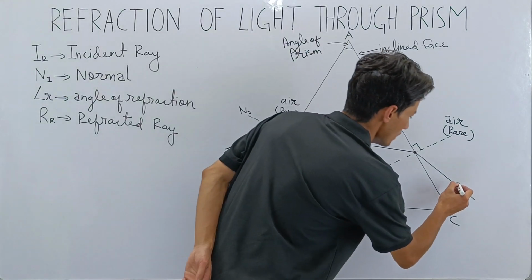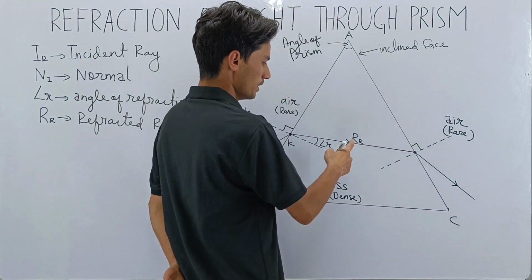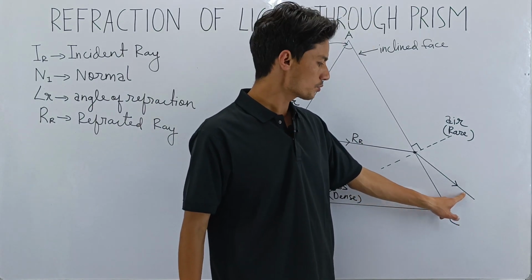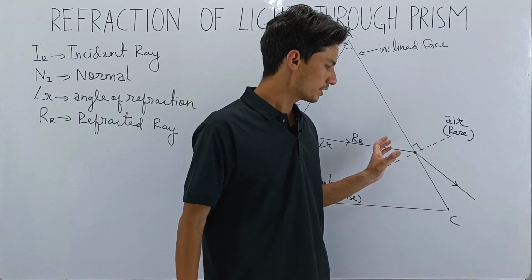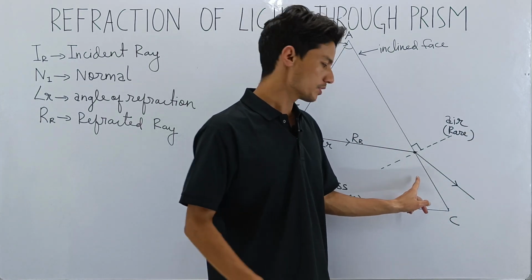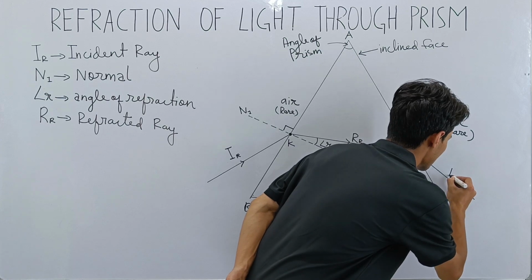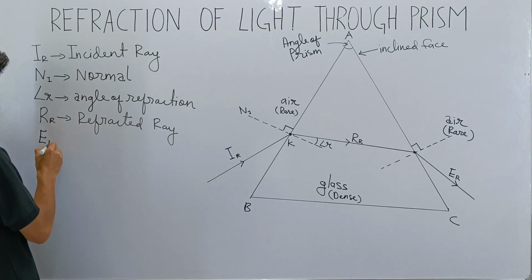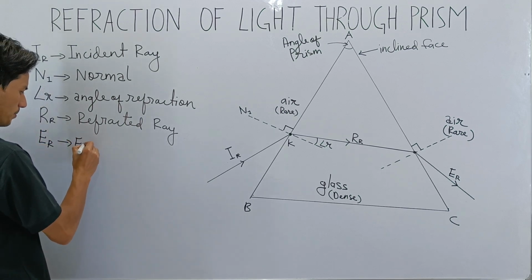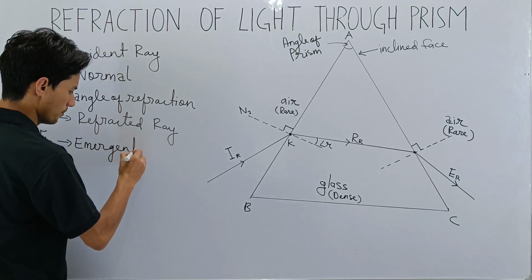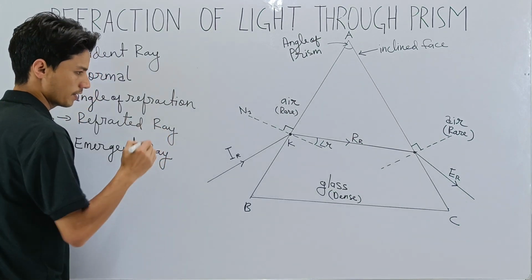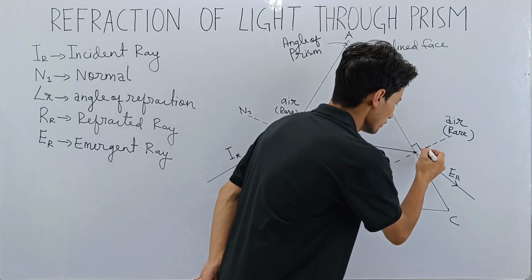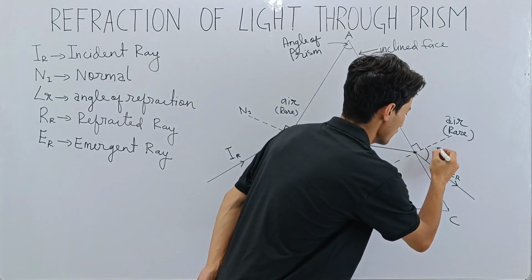So this is the emergent ray, okay. This is the refracted ray class, and we do not call this a refracted ray, okay. This will be called now the emergent ray, meaning the ray which emerges out of the prism. So this is called ER. ER means emergent ray, which is emergent ray,